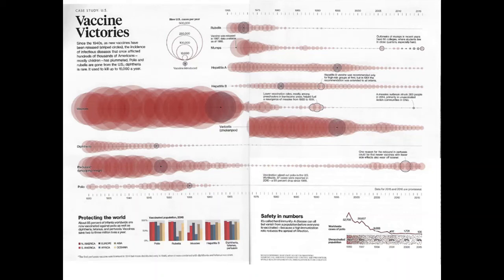This graphic was printed a few years ago in Scientific American, and what it shows us is the prevalence of different diseases over time. And so here we can see 1600 and going all the way up to the 2000s here, and this was published in 2017. The red dots here are showing us how many cases there were in any particular year. So obviously these very large bubbles indicate that there were a lot of cases in this particular time frame. Smaller dots indicate that there were hardly any